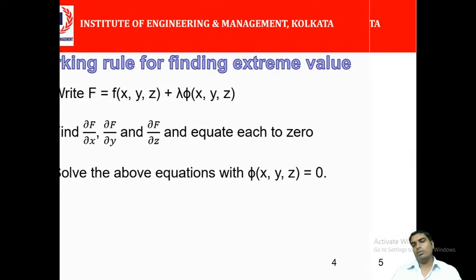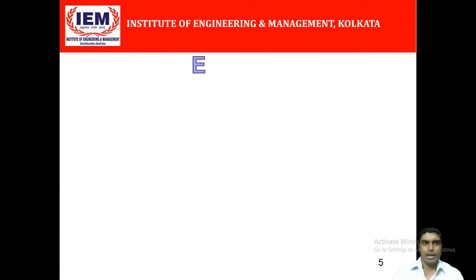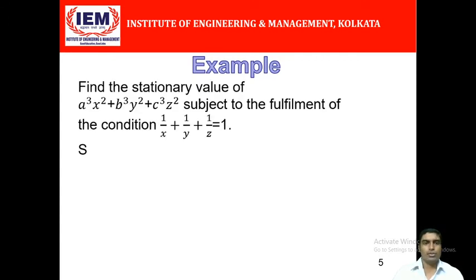So let's see one example, then the idea will be much clearer. Suppose we have one function, let's say this one: a cube x square plus b cube y square plus c cube z square. Find the stationary value. I have to find the stationary value subject to the condition. Here you see the condition, which is the relationship between x, y, z. So x, y, z satisfy this equation, and I have to find the stationary value of this function. So first I will construct that function, capital F,